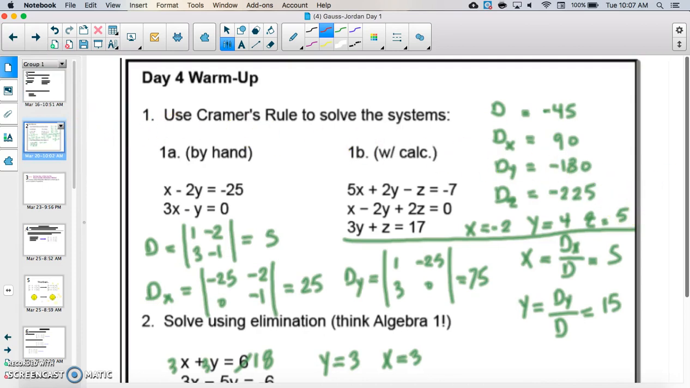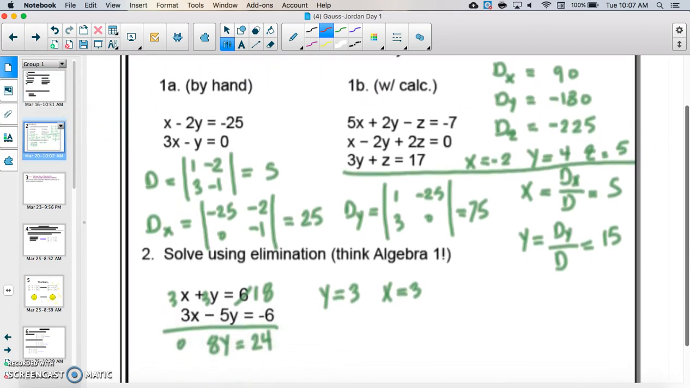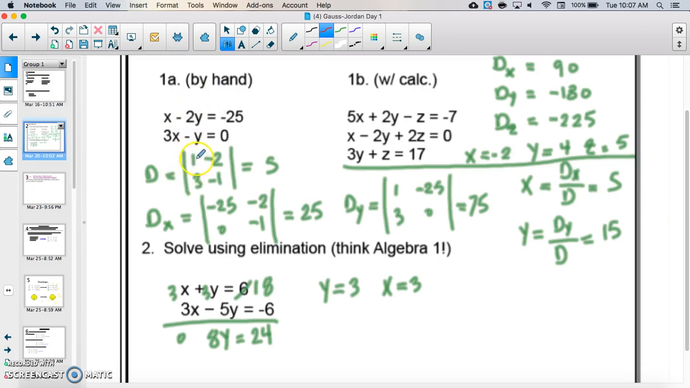Alright, now that you've tried the warm-up, here's what it looks like. So just a reminder, Cramer's rule. You first find the determinant of just the left side of the equation. That's D. We got 5. Dx is you replace the x column. Dy is you're replacing the y column. Find the determinant again, multiply diagonals and subtract. You should get 25. Same with y, you should replace the y column with your answer column. Get 75. And to find x, you do Dx over D, divide, and then y is Dy over D,